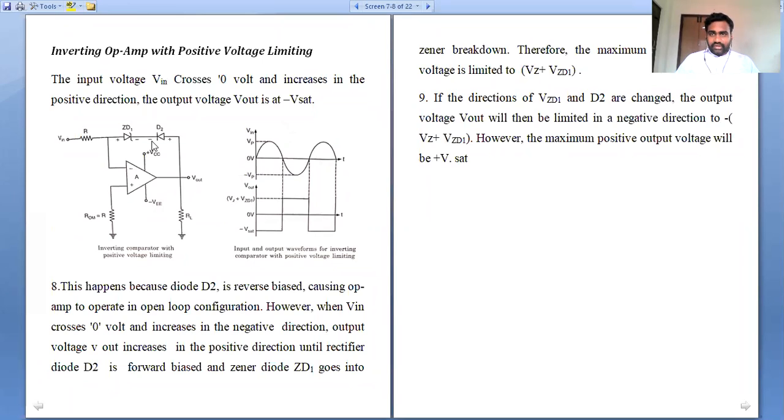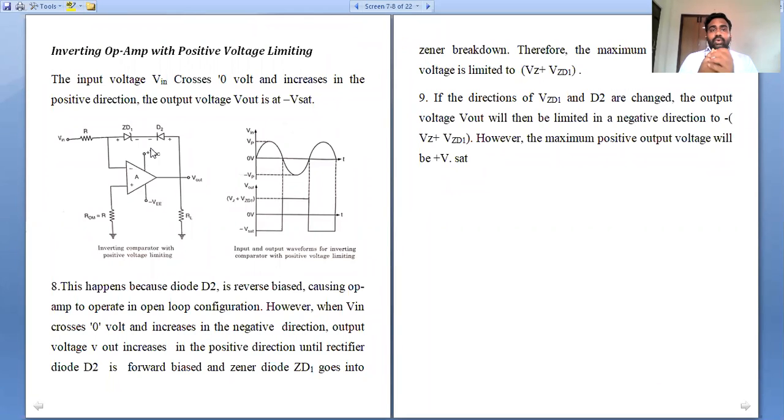It is a diode, most probably a PN junction diode, and this is a Zener diode. Here we are constructing the feedback path with the help of a Zener diode together with a PN junction diode. At this particular instant, we are observing the behavior of the output voltage of the voltage limiter in the application of comparator. The behavior of the output voltage has to be independent of the input voltage supply.